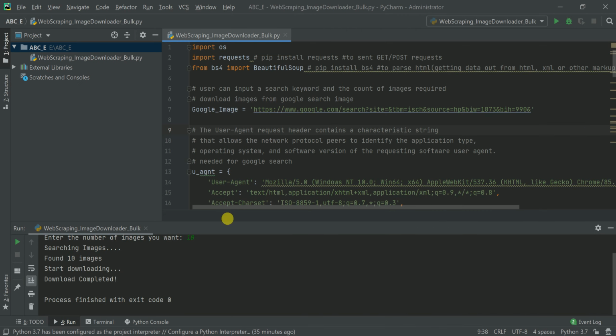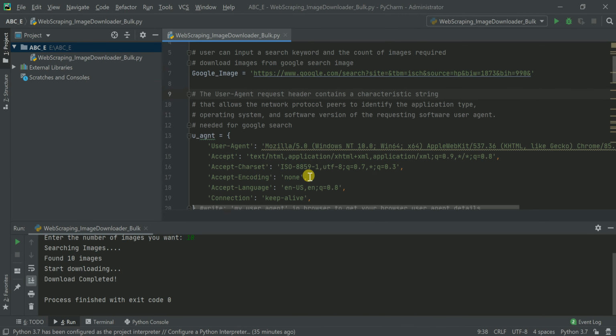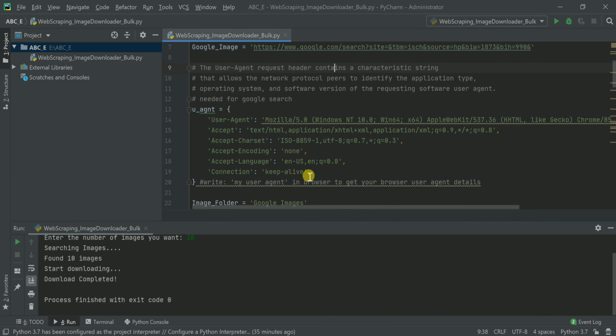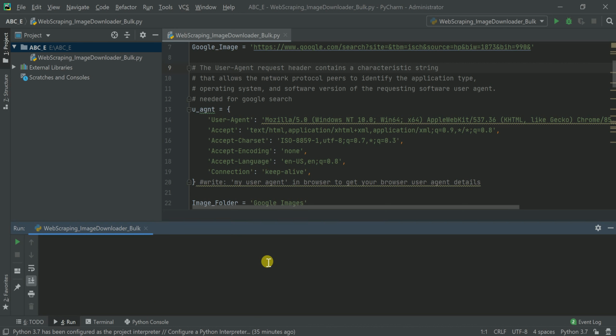Next, there are challenges in Google. If you want to download say 1,000 or 2,000 images for some image based project, you can't download them in bulk. The problem is Google has a restriction. From a single IP you can download a max of 80 images in one go.